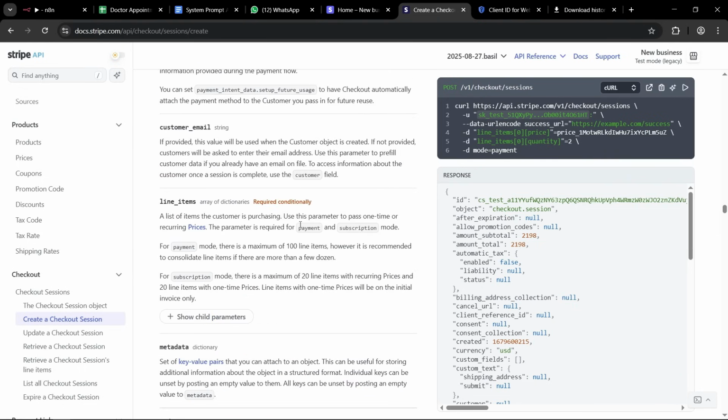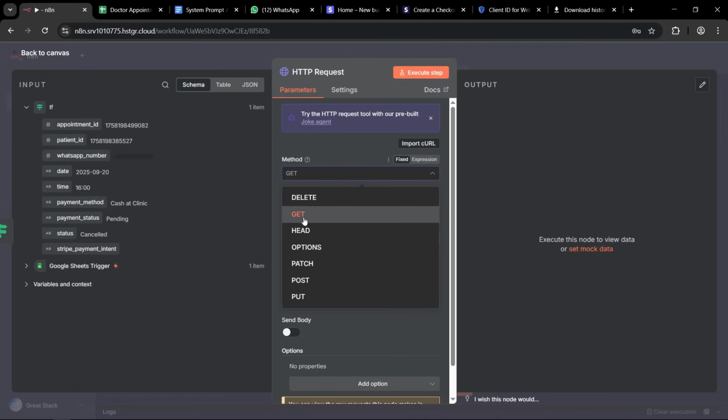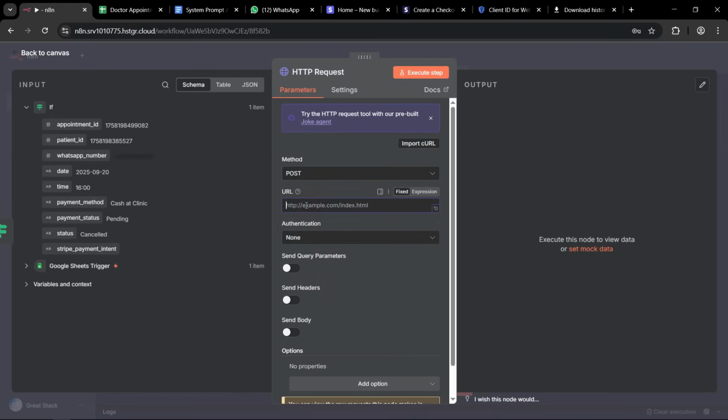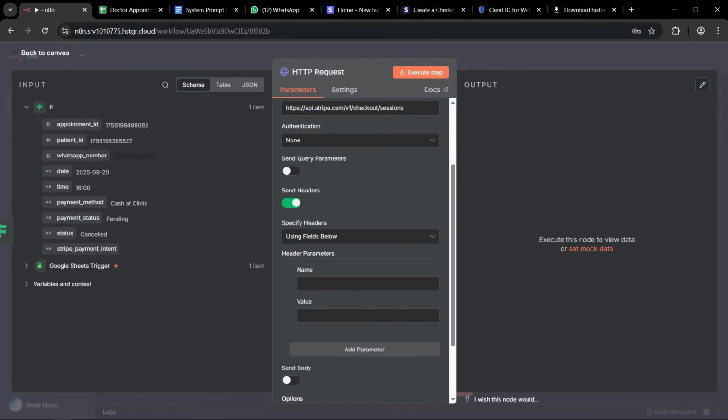So let's use it. Let me just come back to the workflow, and in this HTTP request let's choose the method post. After that we will provide the URL that we have copied. After that, in this authentication we will select none, and here we have the send headers option. Just enable it, and in this headers we have to provide the name for the parameter. So let's add the parameter name, that is content type,